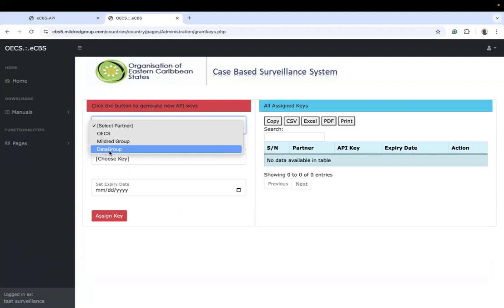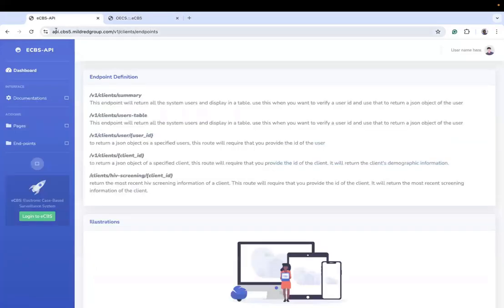So the pattern is you can't just give a key to somebody via email or word of mouth. The person has to go to the dashboard, and for all the countries we need to have a domain for the API. So maybe api.ecbs.dominica.gov.dm, something like that. I'll send a request for the domain for the API or the subdomain for the API